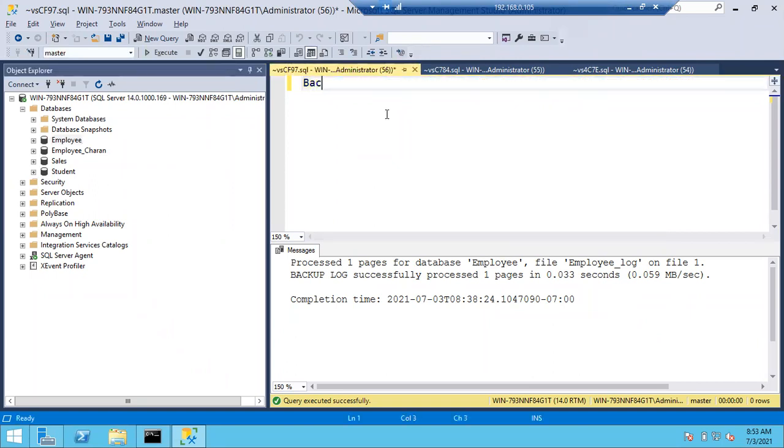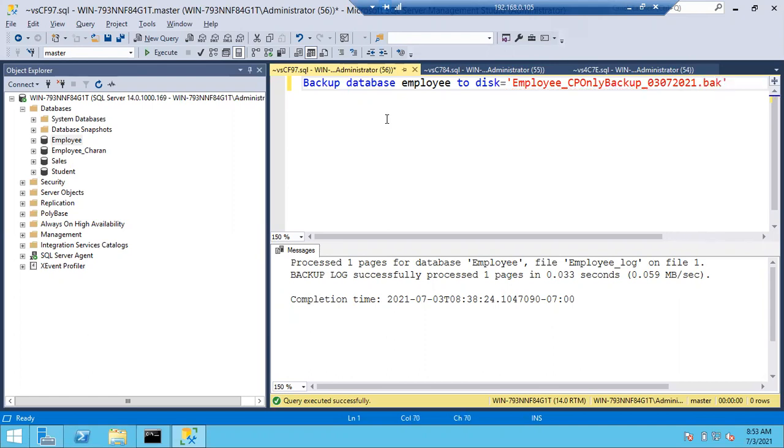Okay. Backup database employee to disk equals, same as the full backup command only. Employee underscore cp only backup, underscore date is 03/07/2021.bak.